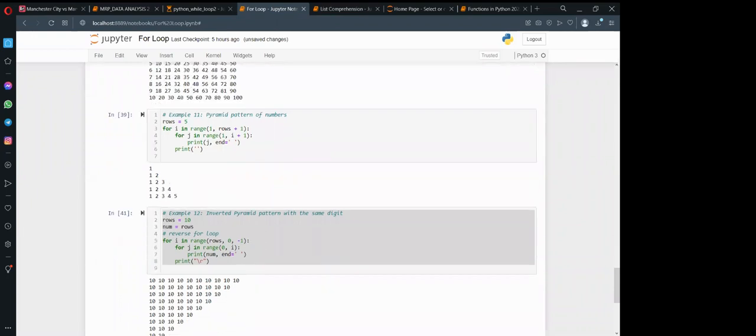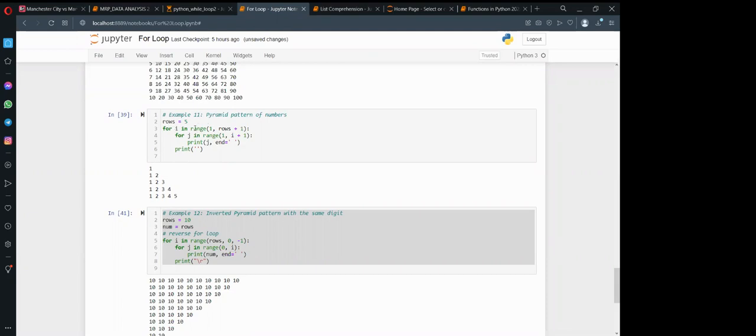Then you can also use Python for loops to generate a pyramid pattern of numbers. So let's say this one is a stair of 1, 2, 3. If you look at it, we assign rows to contain the 5.